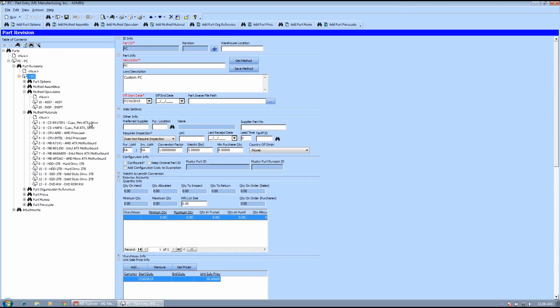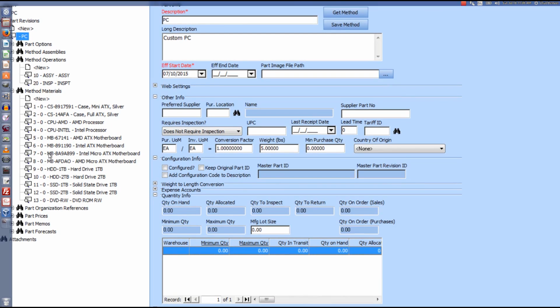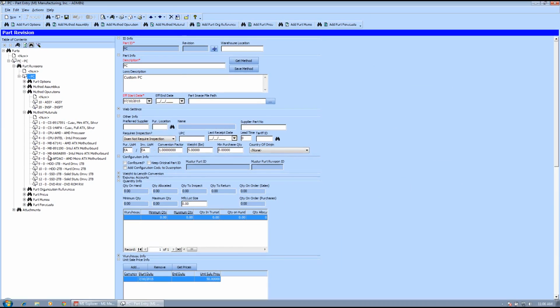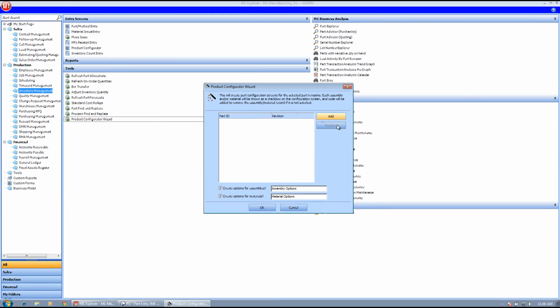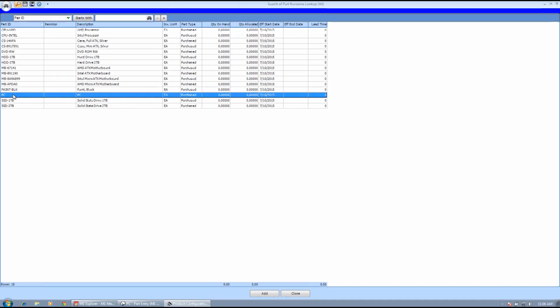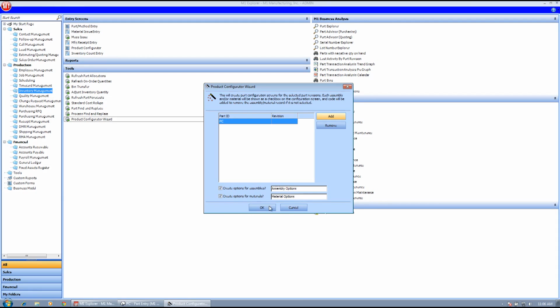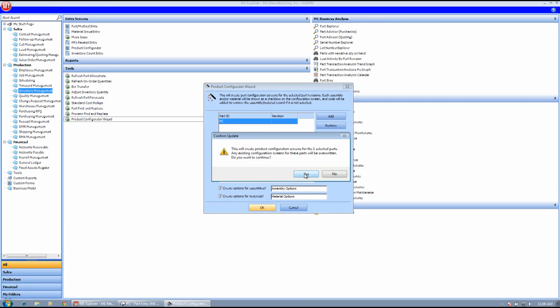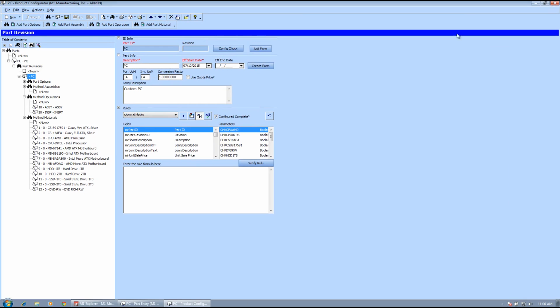And so in this case I have my cases, my processors. Let me zoom in here a little bit. The motherboards, hard drives, and DVD-ROM. And so when you run it through their configurator wizard, what it looks like is this. And then I just hit OK. I don't have any sub-assemblies in here. Brings up this standard warning message. And then what it does is it basically creates the form,